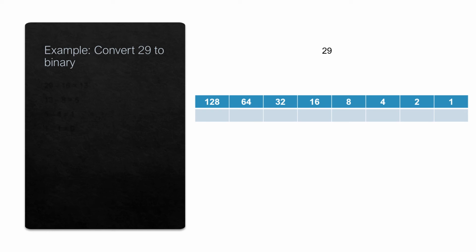So let's convert 29 to binary. Obviously, we can't subtract any of those numbers from 29. They're bigger than 29, but we can subtract 16, and 16 from 29 makes 13. We can subtract 8 from 13, and that gives us 5. We can subtract 4, and that leaves us with 1. Obviously, we can't subtract 2 from 1 without going into minus, but we can subtract 1 from 1, and we should always end up with a value of 0 by the time we've completed our binary conversion. So the answer is